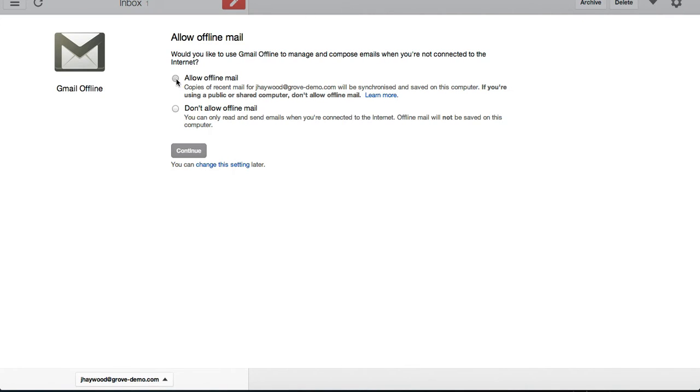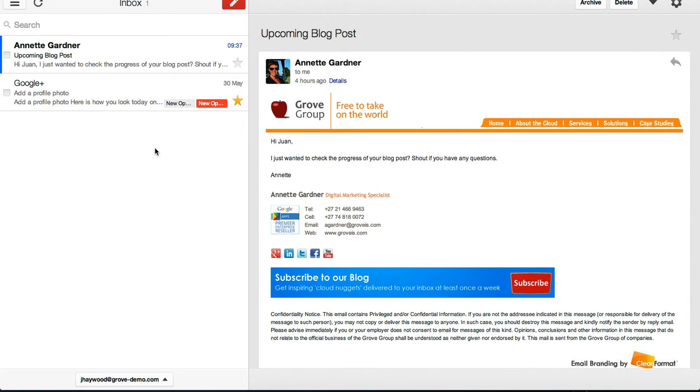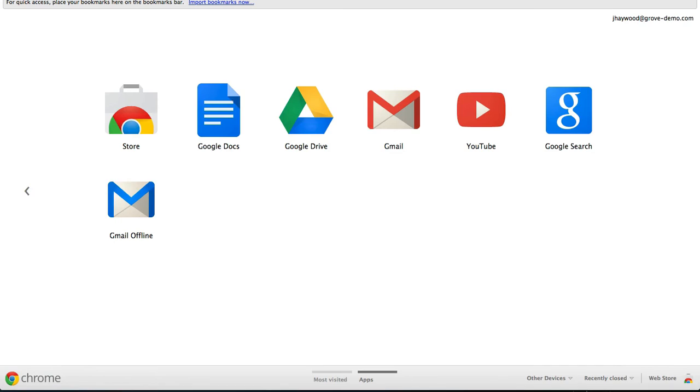So let's tell this application that yes, allow offline mail, continue, and there you go. What this is going to do is sync 30 days worth of mail to my local PC. It runs as a service, so even if my Chrome browser is closed, it's constantly syncing that mail for me. And if I were to go offline and I go to gmail.com, it will automatically redirect to Gmail Offline,